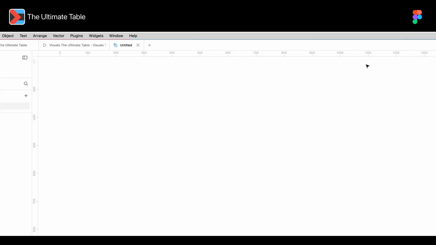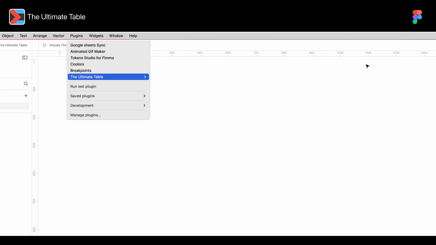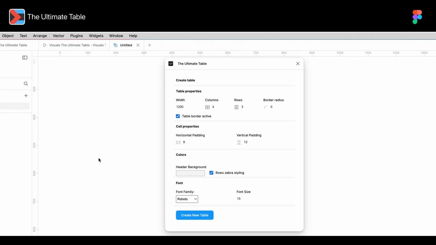Chapter 1. Creating a master table. After installing the plugin, go to the Ultimate Table from the plugin menu and choose Create Table. Then set all your preferences: width, number of rows and columns, border radius, border, paddings,